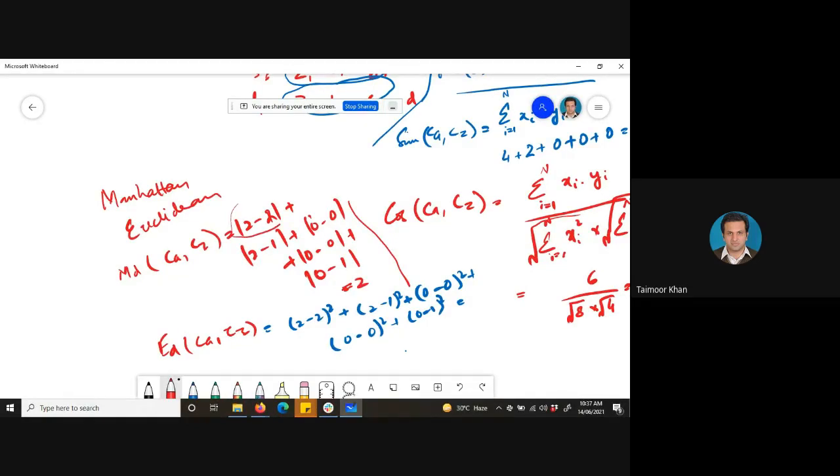स्कोर आता है, यहाँ से भी 0 आ गया, यहाँ से 1 आ गया, यहाँ से भी 0, यहाँ से भी 0 और यहाँ से 1, सो द स्कोर इज 2। और यूक्लिडियन के केस में भी यहाँ से 0 आ गया, 1 का स्क्वायर इज 1, यहाँ से 0 आ गया, यहाँ से 0 आ गया, 1 का स्क्वायर इज 1। सो दोनों तरह से हमारे पास दोनों के बीच में डिस्टेंस जो है वो 2 ही आता है।